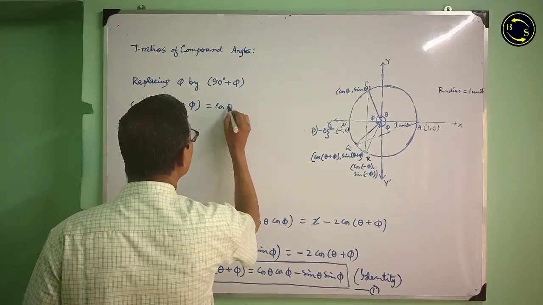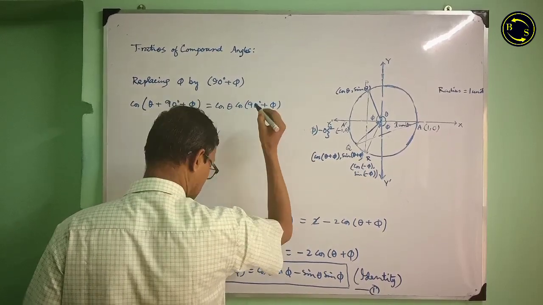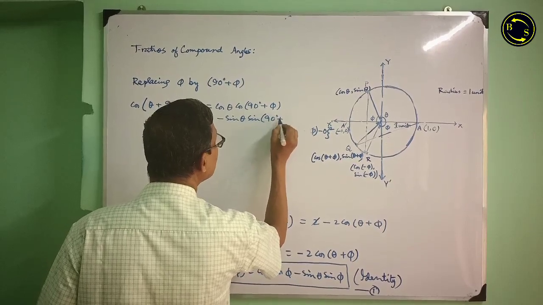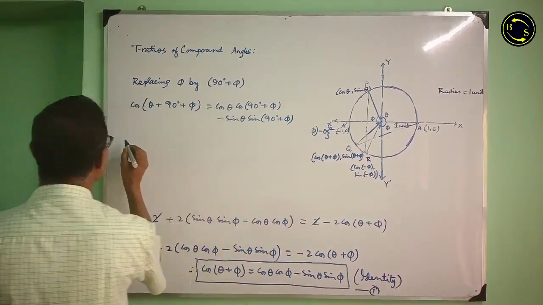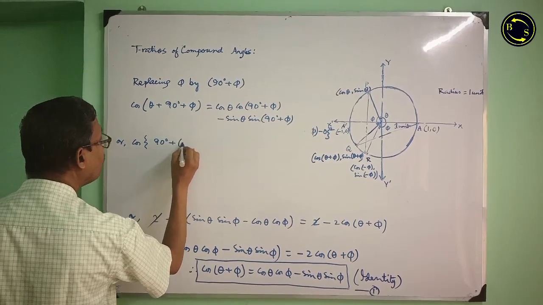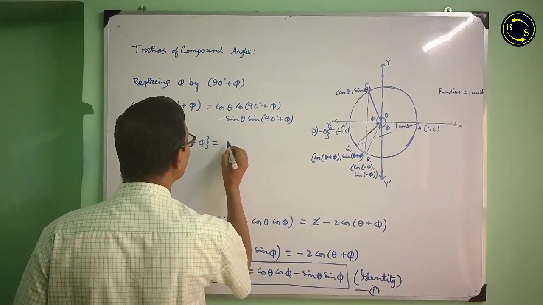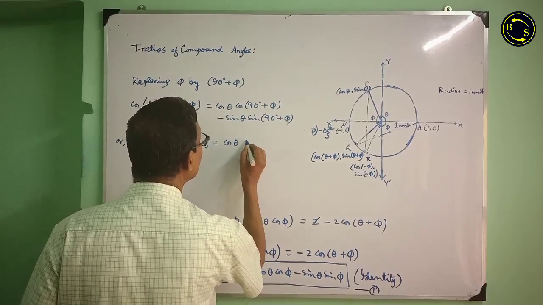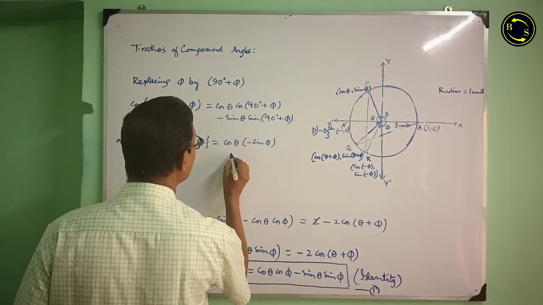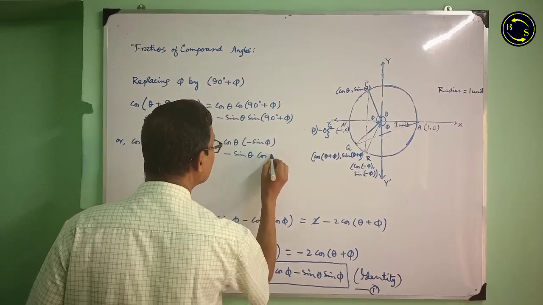Cos theta cos 90 degree plus phi minus sin theta sin 90 degree plus phi, or cos theta minus sin phi minus sin theta cos phi,